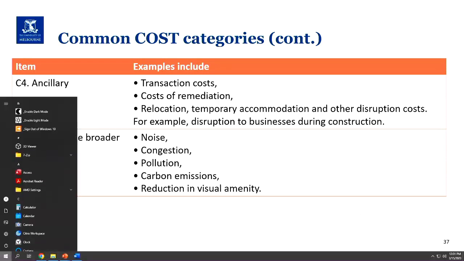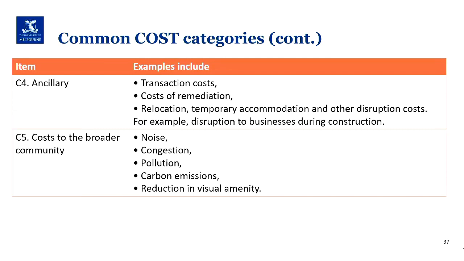And also the other costs that are brought to the community that sometimes are a little bit difficult to evaluate. That is the noise, congestion, pollution, carbon emissions, and reduction in visual amenity. So sometimes it's difficult to put a value on this type of cost, but what you have to do basically